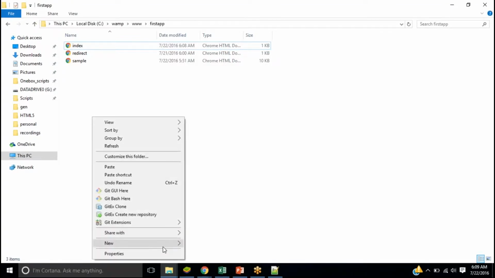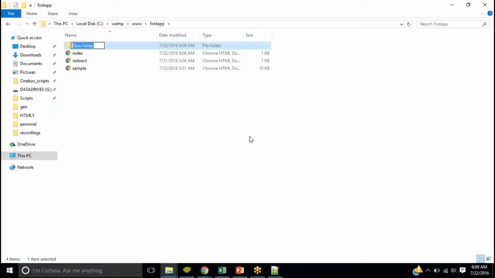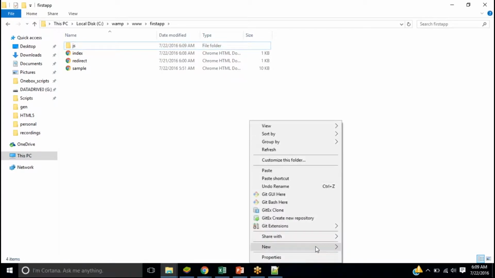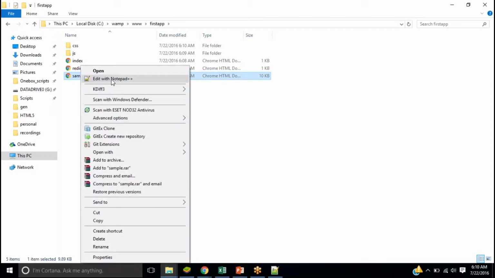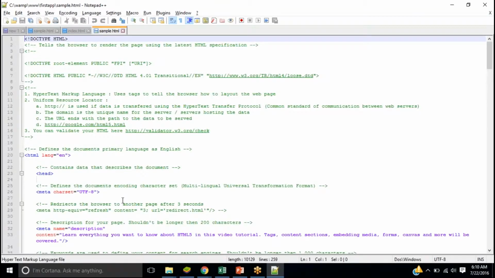If you want to add JavaScript files, you can create a folder called JavaScript or whatever name you want, and you can create CSS file folders or whatever you want. And then from inside your particular sample, for example, you can open it, as we were referring here, right?